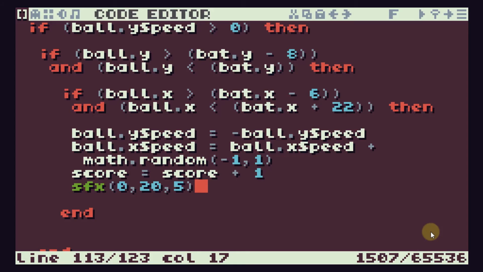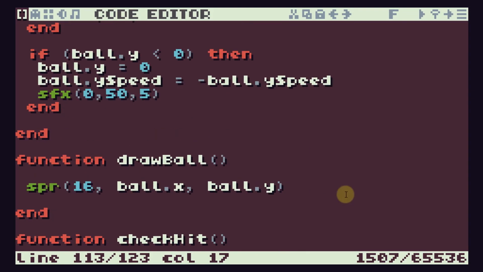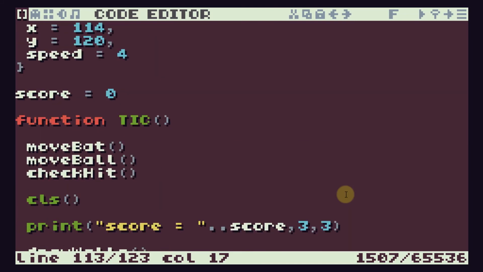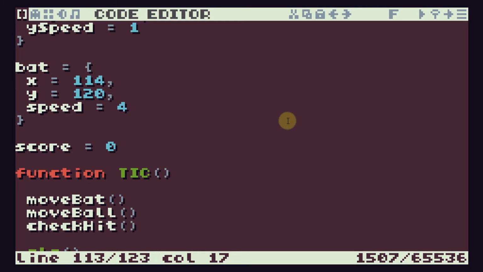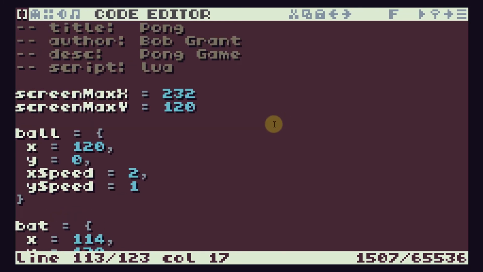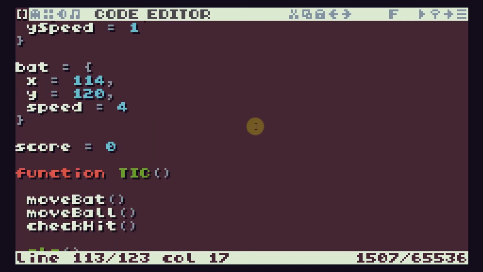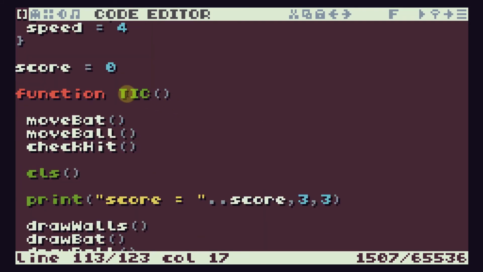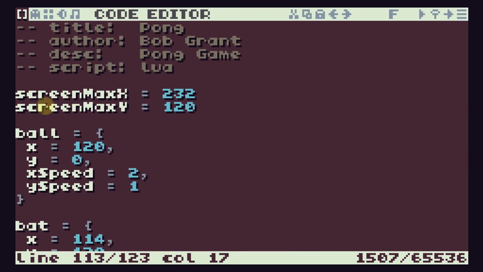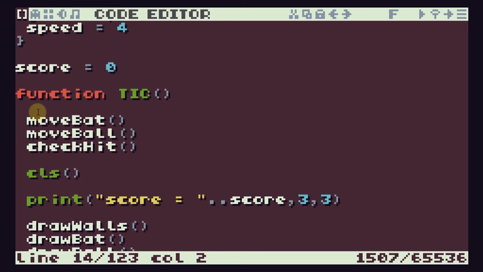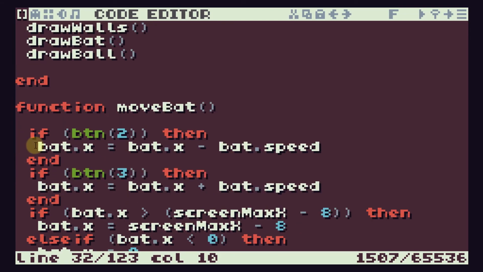So pressing escape to get back to our code then. That was a very fast run through of how to program using TIC80 and to develop our games. The real courses then, as we work through, I will actually explain everything step by step. So in this one here, it's really been a matter of just showing you that all we're doing is typing in some code. We're going to be learning about variables, which we're doing here, about functions,